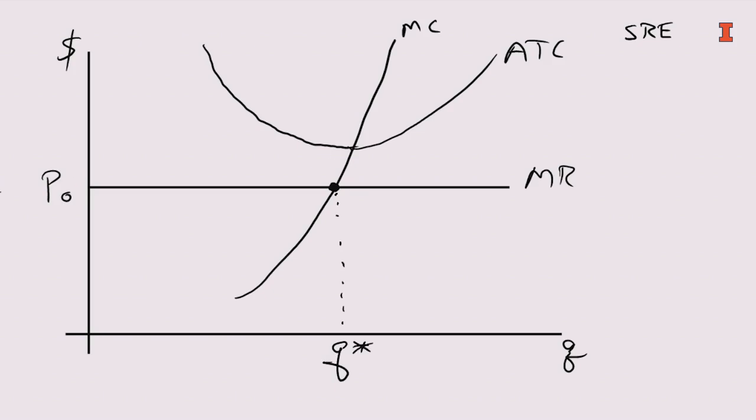And we understood that at that point, this gap, we'll do it in red, would be equal to price minus average total cost. If we multiply that times output, the definition of profit is basically output times price minus average total cost, which unfortunately for this firm is in fact a negative number. Not a good deal. And so the firm is losing money.